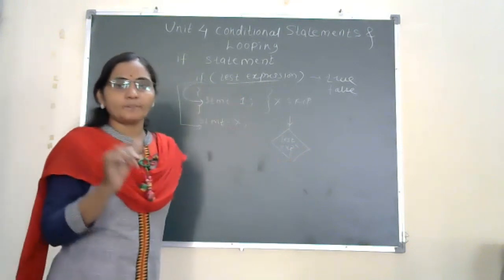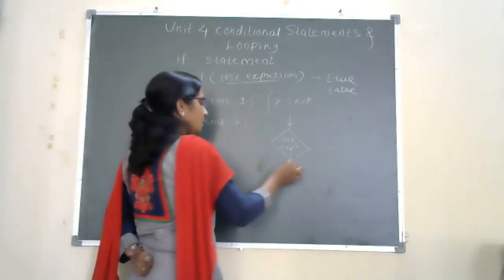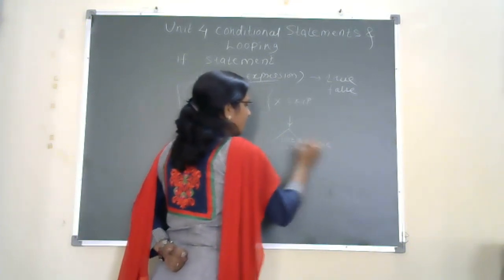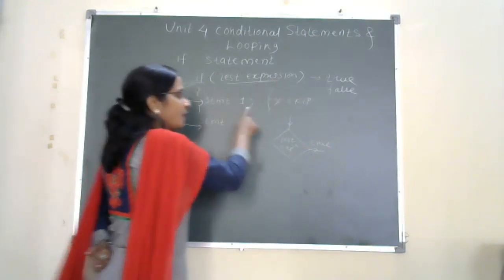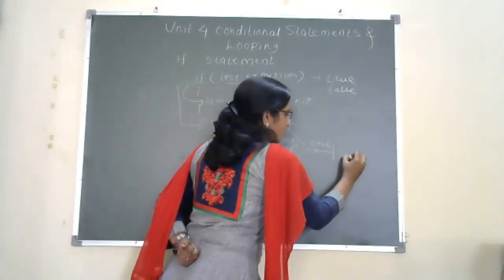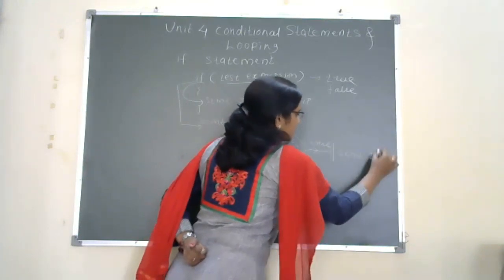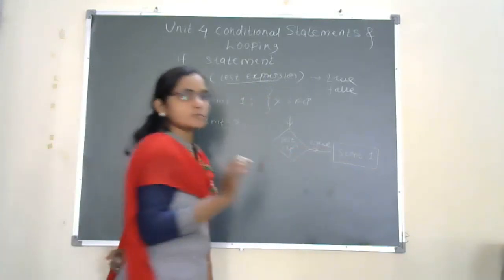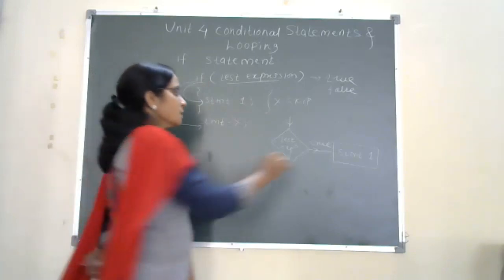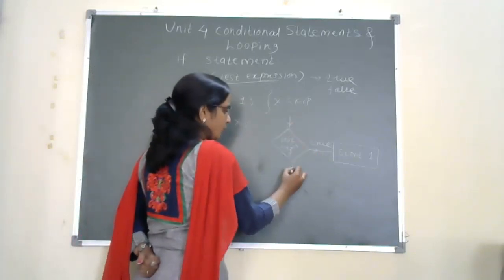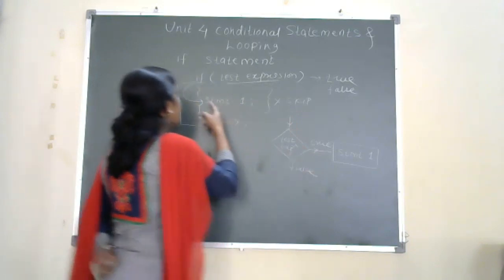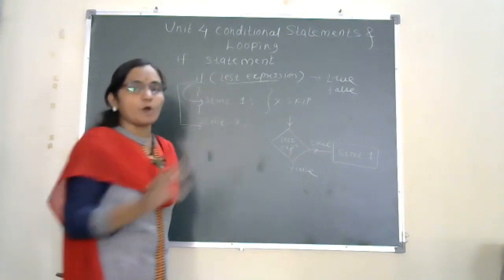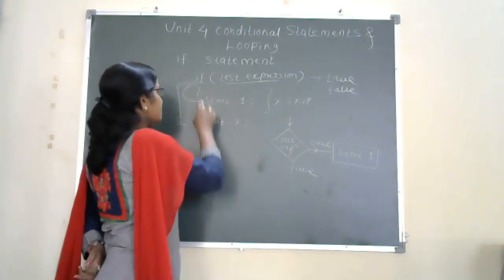And as it is a condition included in the diamond box, you have two choices. The first choice is true. If the condition becomes true, then the statement 1 block will be evaluated. So I write here statement 1. That statement 1 block will be evaluated, and generally the rectangular box is used for a procedure. If the condition becomes false, then what happens? It directly jumps to statement X, which means it skips the statement 1 block. Here it has changed the sequential flow.